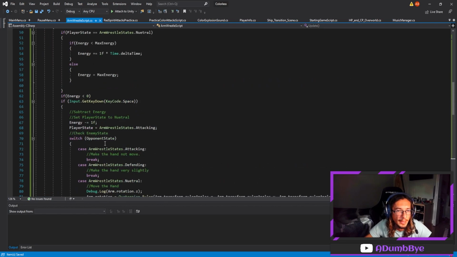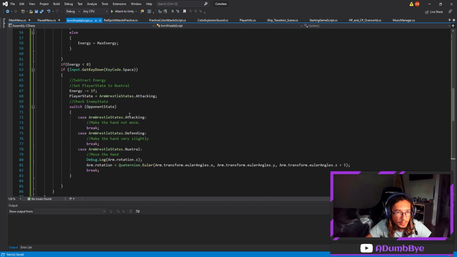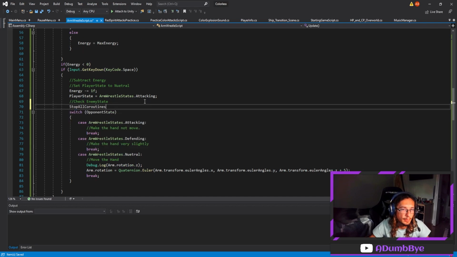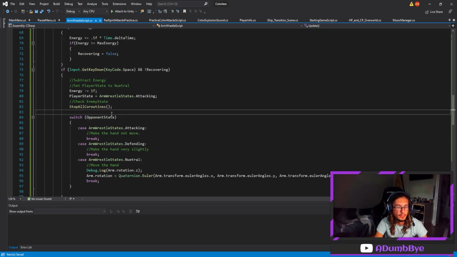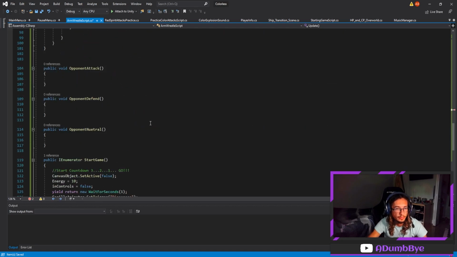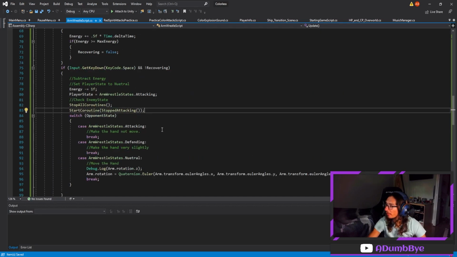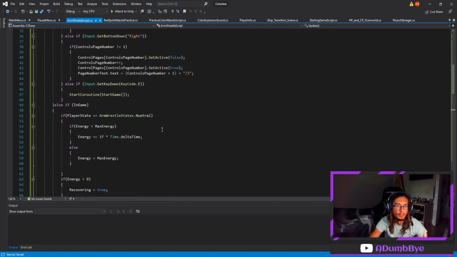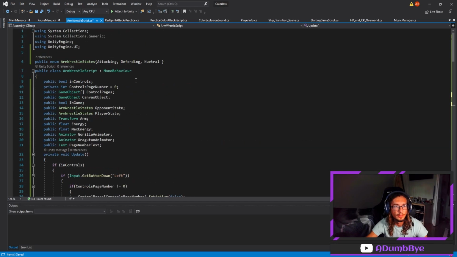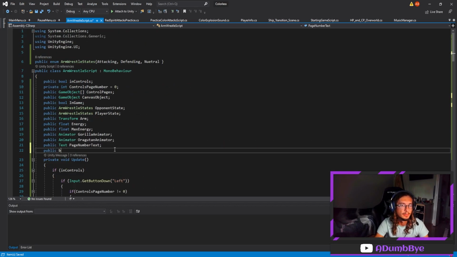So now we can do this. We need to do this first. We need to stop all coroutines. That is the first thing we need to do. And then, so StopAllCoroutines, StartCoroutine. We want to start this coroutine, StopAttacking. So after 0.5 seconds, it'll make it so I go back to neutral. Okay, we need to make a public bool